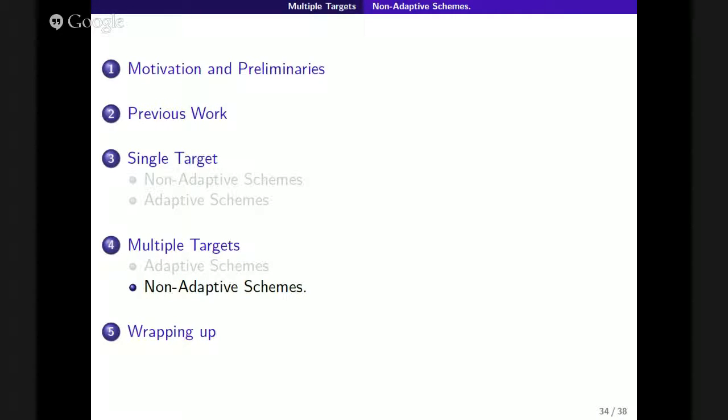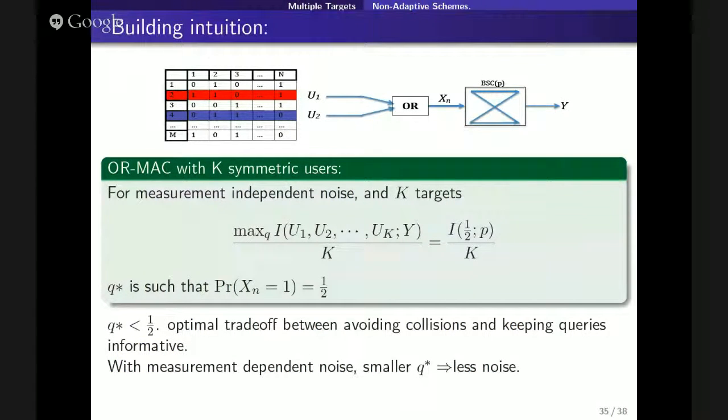Last thing I will say is what we can do with non-adaptive search. Try to give some intuition. Okay, so going back to the simpler MAC where the noise does not depend on the size of the region, we saw this. This is the rate we can get. And let's focus, for example, for a minute on the random coding prior in here.